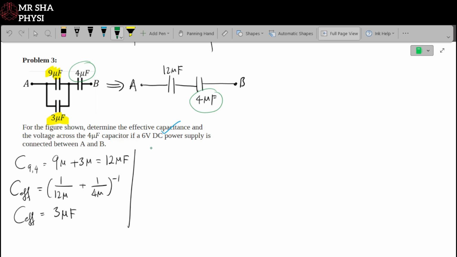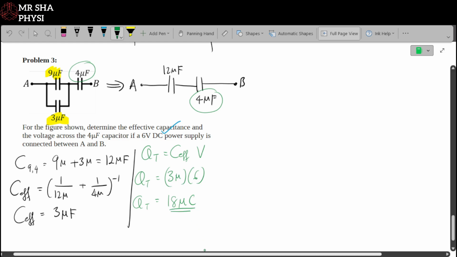So let's find the total charge. It is simply going to be C effective multiplied by the voltage. So my QT is 3 microfarads times 6, which means I have a total charge of 18 microcoulomb. That's the first thing. So that means if we look at our second diagram, I have 18 microcoulomb going through